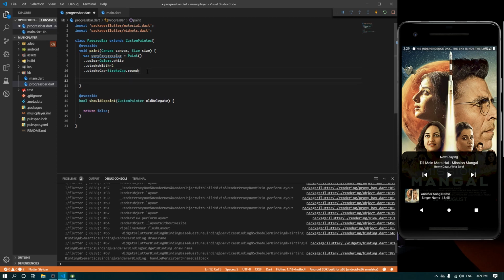So what I will say, canvas.draw, which is coming from here, which is over here as a parameter. So canvas.drawLine, where I'm going to give two offsets. Those offsets are x and y, and the paint. So our paint, what we have to paint, we have to paint this particular thing which is stored inside songProgressBar. So right now we will say the offset. I'm going to say Offset of